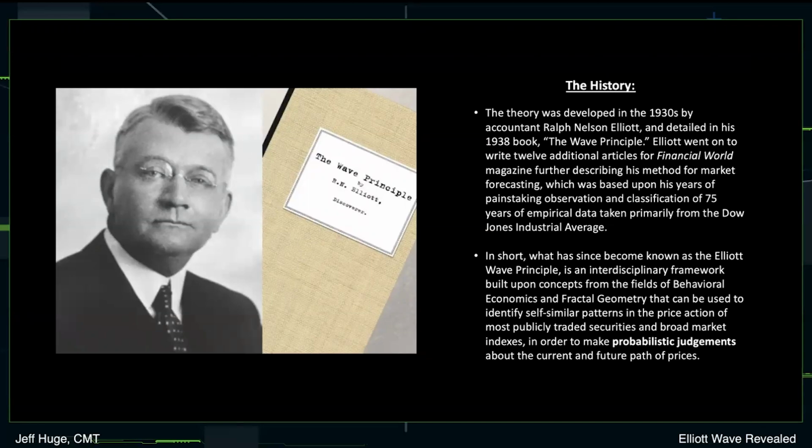And while down in Mexico, he contracted some type of a malady that was described later as a severe chronic case of anemia, which kept him bedridden for a while and confined to basically a rocking chair on his front porch in California, where he lived out the rest of his days. But while he was in that condition, he had a lot of extra time on his hands, and he spent that time